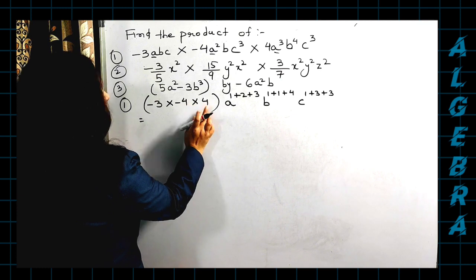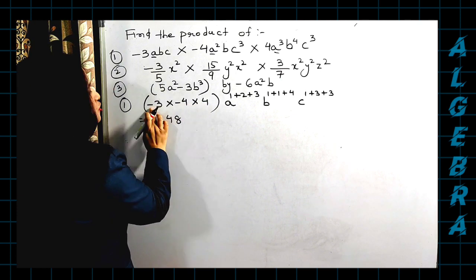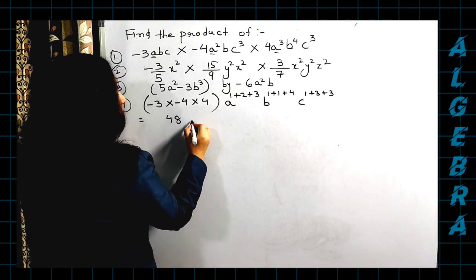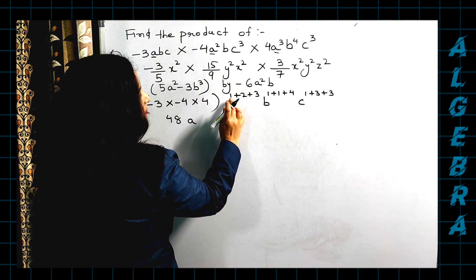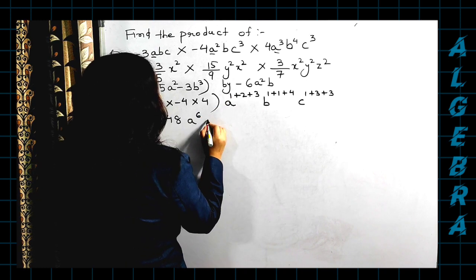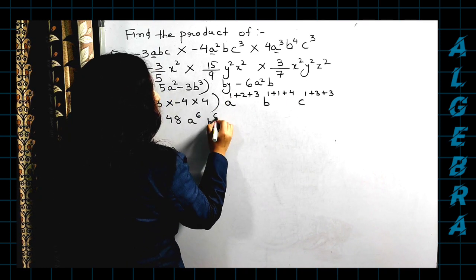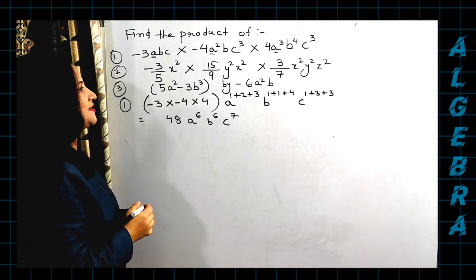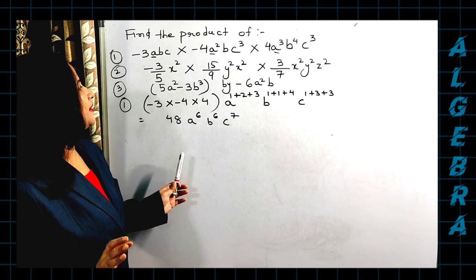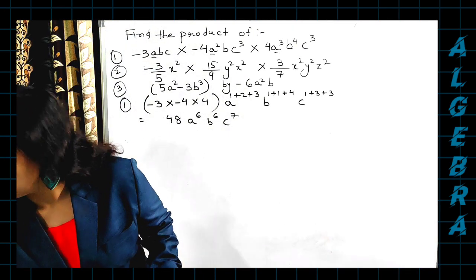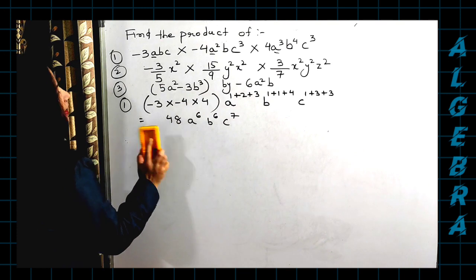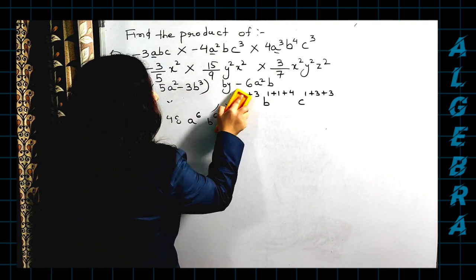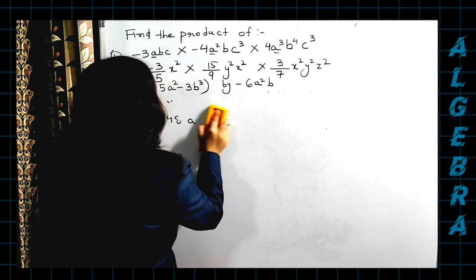So now let us multiply the number part. 3 4s are 12, 12 4s are 48. Very simple. 2 minus signs, answer will be plus. a to the power of 3 plus 2, 5 plus 1, 6. B to the power of 4 plus 1, 5 plus 1, 6. C to the power of, you'll get how much? 7. That's it. With this number is over already. Clear everyone? Okay? I hope you understand. Please, you can pause the video and just see it. Okay, let's directly come to the next question now.